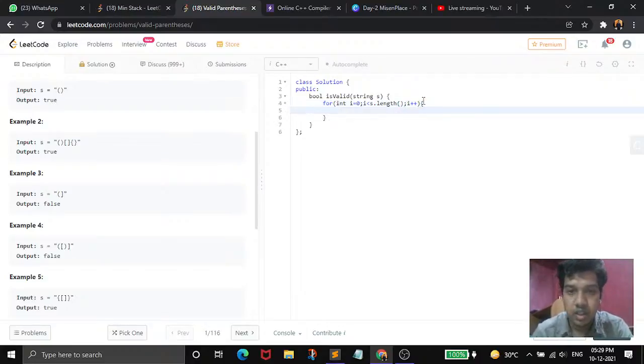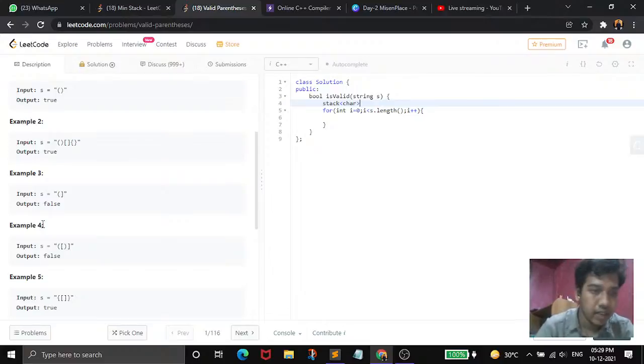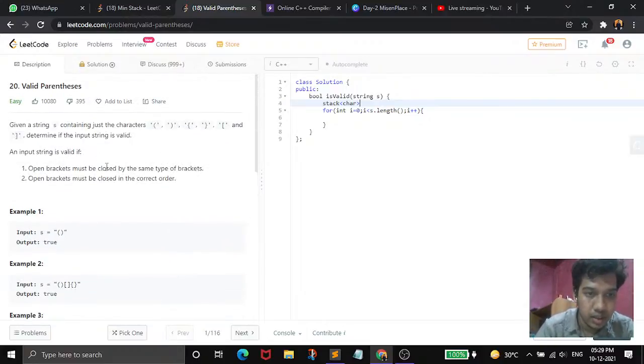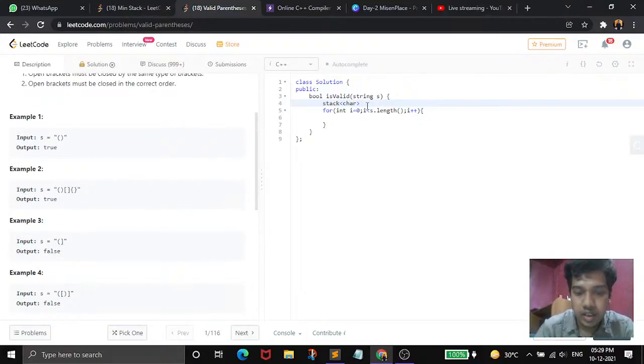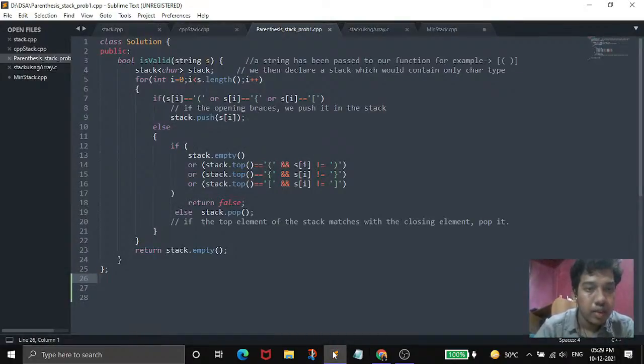So our loop will run. Then let's make a stack of characters, because these are character values, so we are going to use a stack here. Stack of character, let's name this stack as I have named it here, stack only.